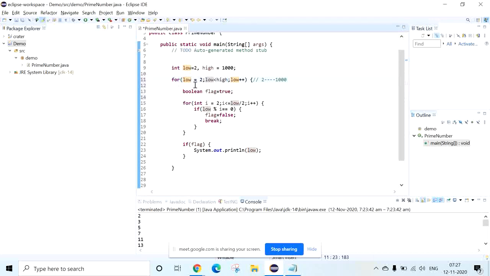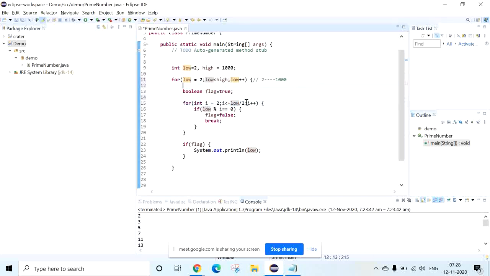Our intention is to take each and every value 2, 3, 4, 5, 6, 7, 8 up to 1000. Initially the low value is 2, then 3, then 4, then 5. So we check each and every value between 2 and 1000 to see whether it is a prime number or not.